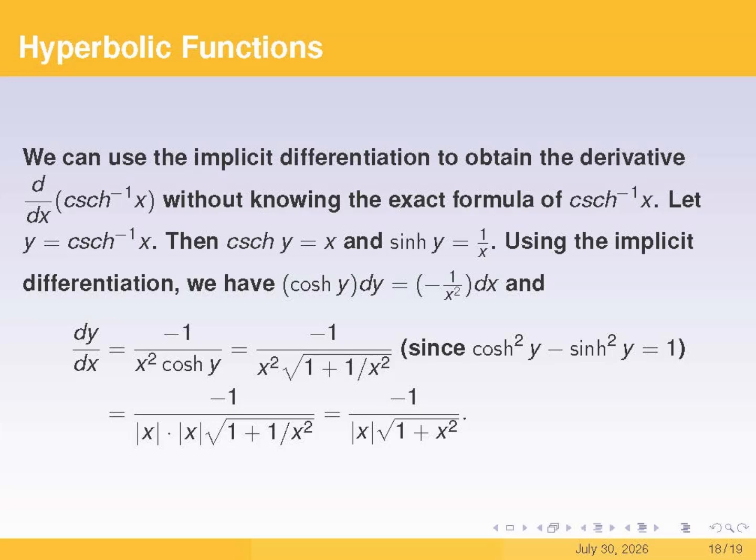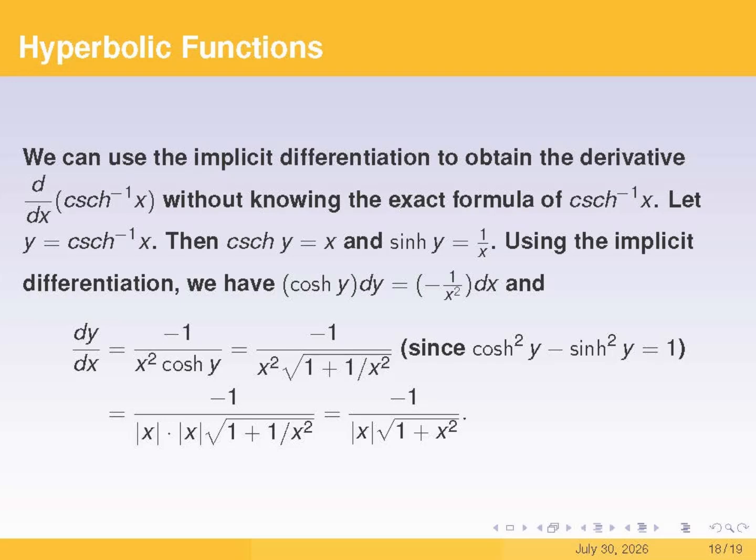Let y equal inverse hyperbolic cosecant of x. Then hyperbolic cosecant of y equals x, which means hyperbolic sine of y equals 1 over x, as shown on the third line. According to implicit differentiation, differentiating both sides yields the mathematical expression on the fourth line. It is then rewritten in terms of dy/dx, displayed on the second to last line, where the second equal sign